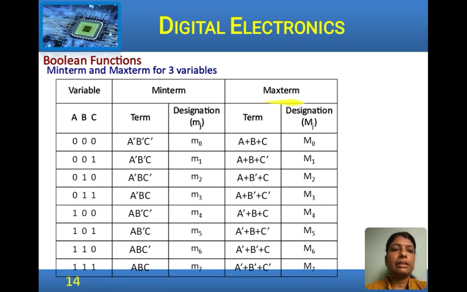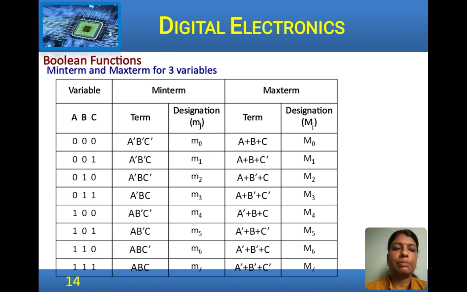Next, considering the max term, for 0, 0, 0 it is given as a plus b plus c. Here zeros are represented by the uncomplemented variable and 1 by the complemented variable, and observe this term a plus b plus c is the complement of the min term a bar, b bar, c bar. Use De Morgan's theorem, complement a bar, b bar, c bar, we get a plus b plus c, that is the max term representation. So, similarly all the max terms are represented with